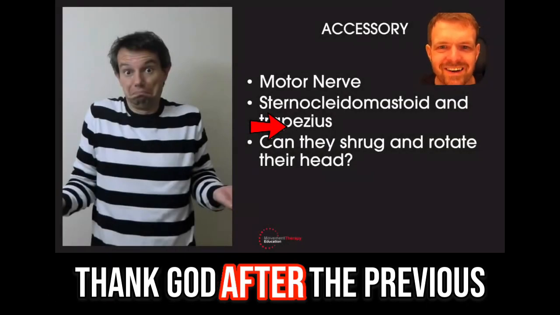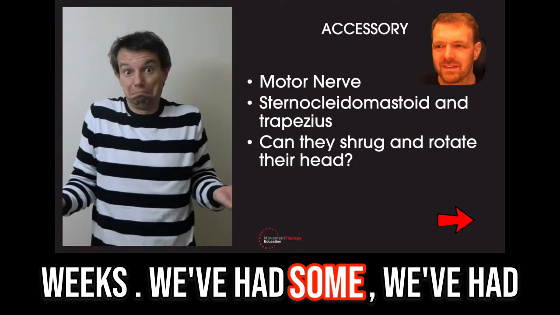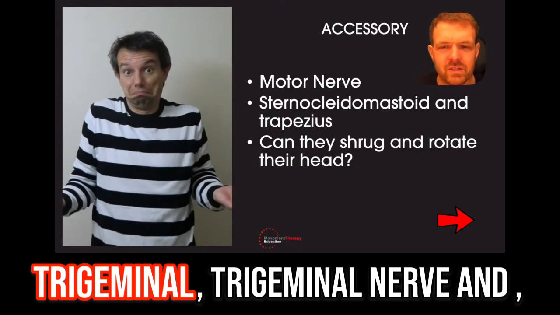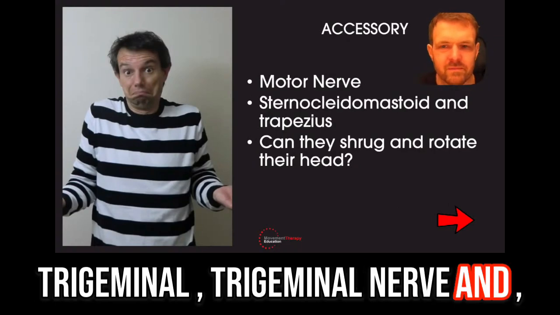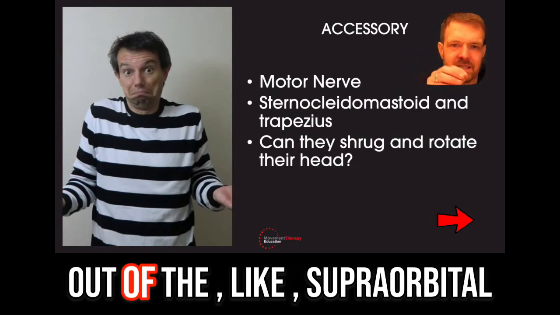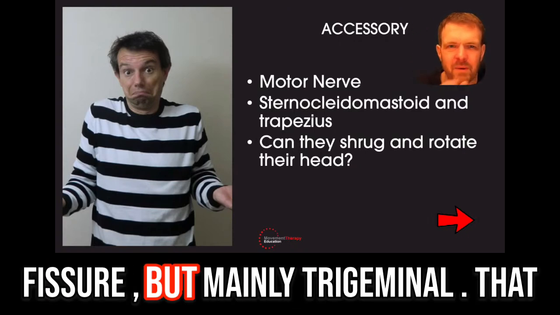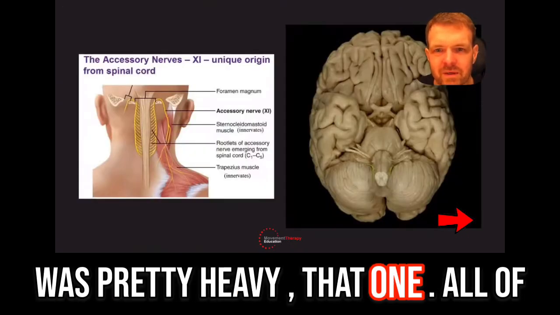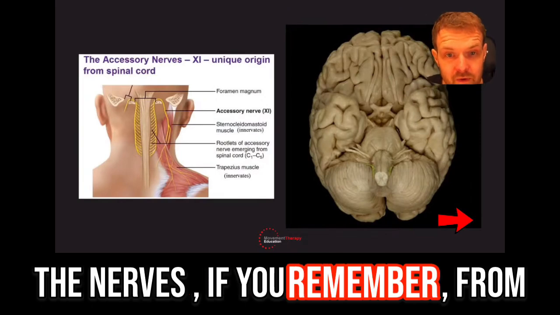Thank God. After the previous weeks, we've had some real tricky ones, especially trigeminal nerve, all the ones that come out of the supraorbital fissure, but mainly trigeminal. That was pretty heavy, that one. All of the nerves, if you remember